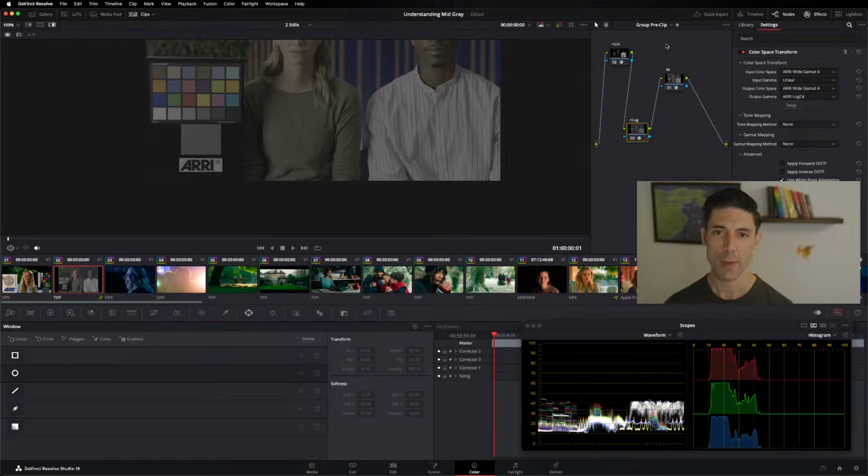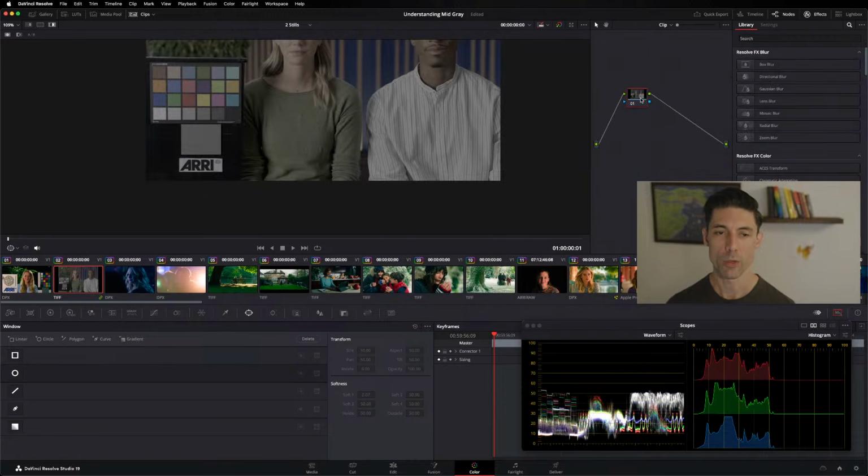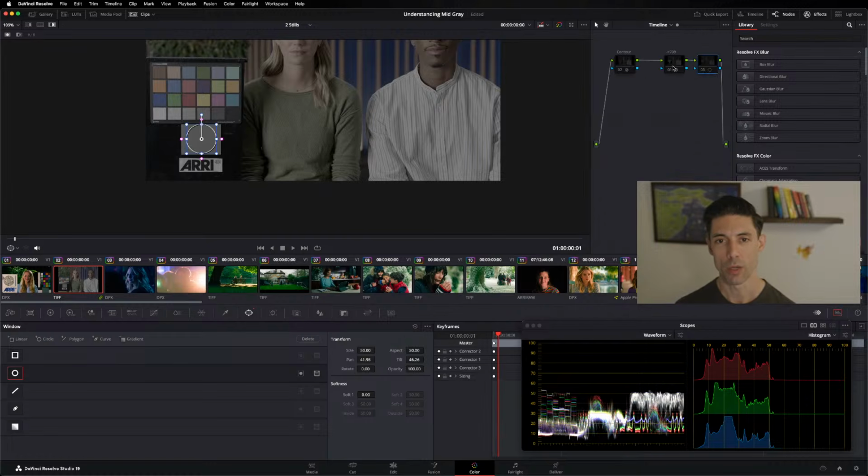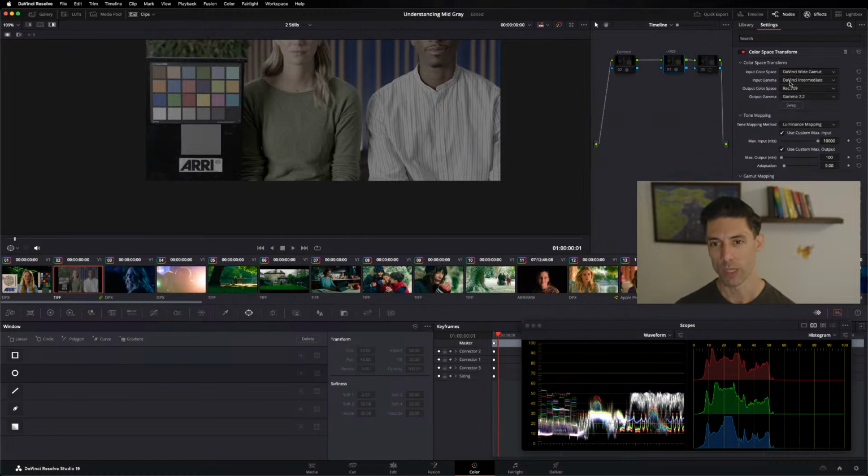Okay, so what's going to happen next? We're going to go in and we're going to do our grading. And for now, I'm going to completely skip over this and say no grading is going to happen whatsoever. We're just building an overall pipeline to get out to our display. We're going to now go out to our display from our working space. So we're now going from DaVinci Wide Gamut Intermediate to our display, okay? And now once again, for the sake of